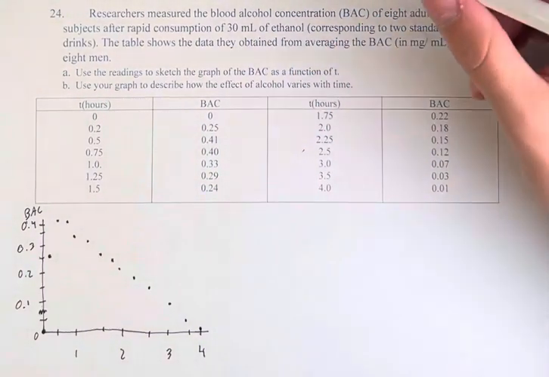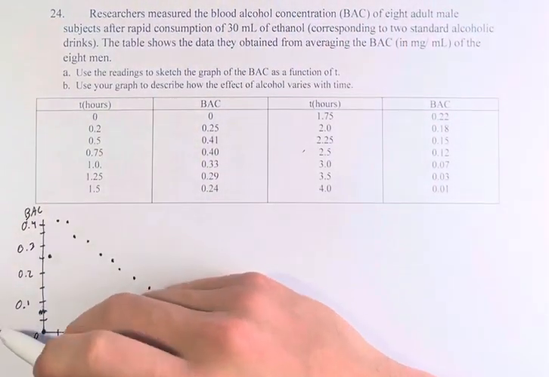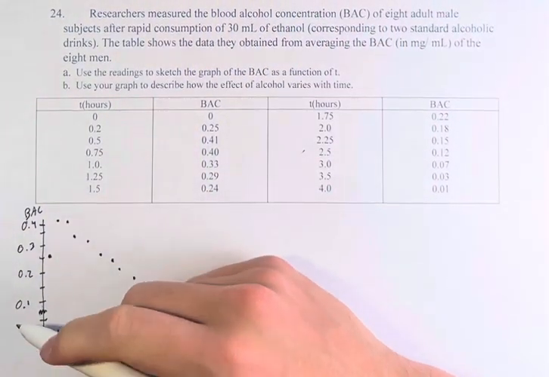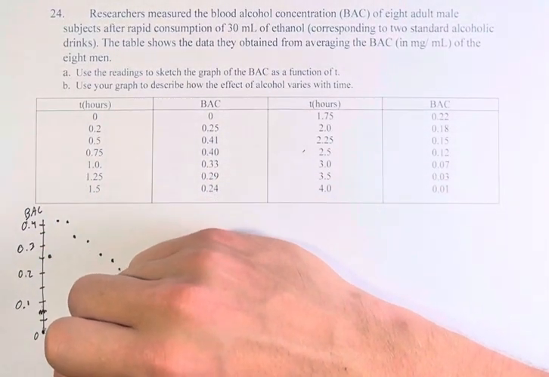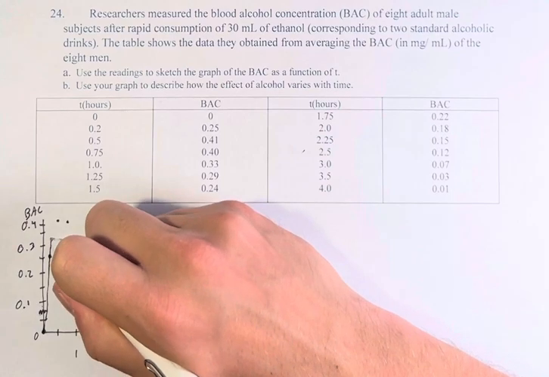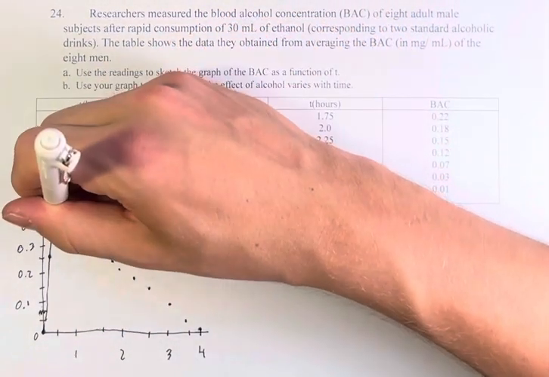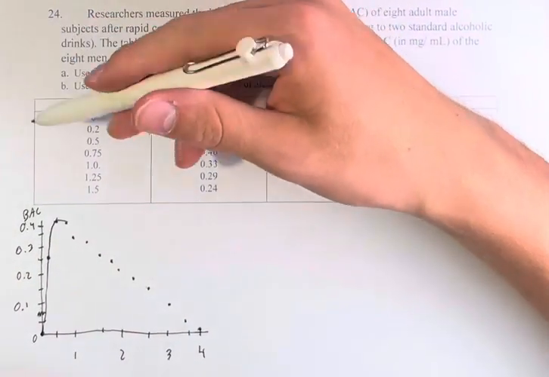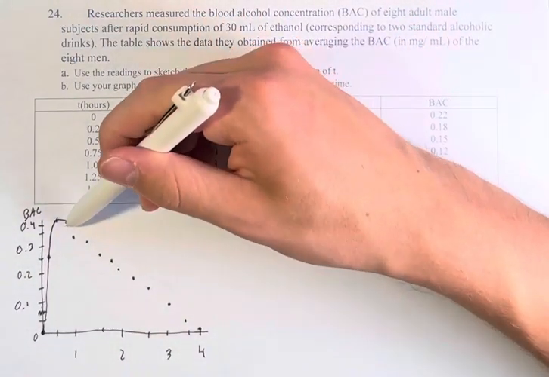So we have this graph, and we're going to use it to describe how the effect of alcohol varies with time. So at the moment of consumption, there's obviously no alcohol in the blood because they just drank it. And then it shoots up very rapidly in the first half hour. Then it's steady for a little bit. And then once we get to 0.75 hours, which is about 45 minutes,